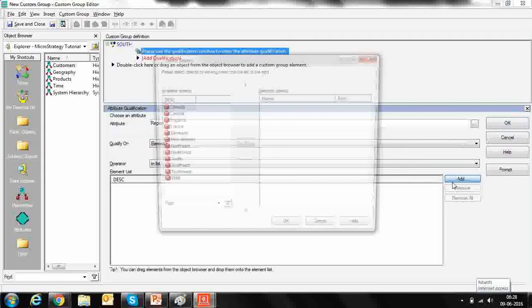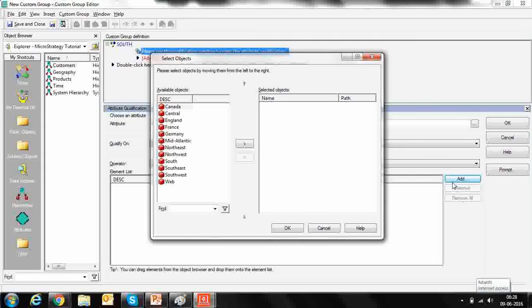Now what I want, Gopi, I'm taking a different example. You are aware of the previous example. So let's take a different example on a practical scenario. My customer wants that all the south region should be displayed as a single region. South, southeast, and southwest should be displayed as only south. Northeast and northwest can be displayed as only north, right? And various other regions can be displayed as the others region. Are you getting the point?